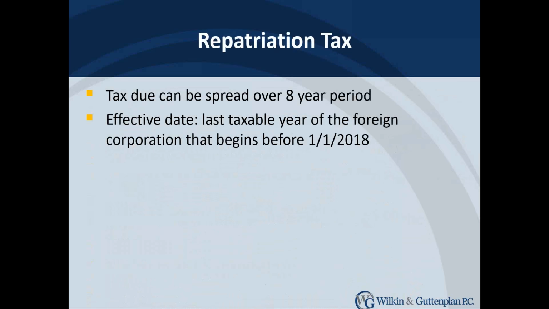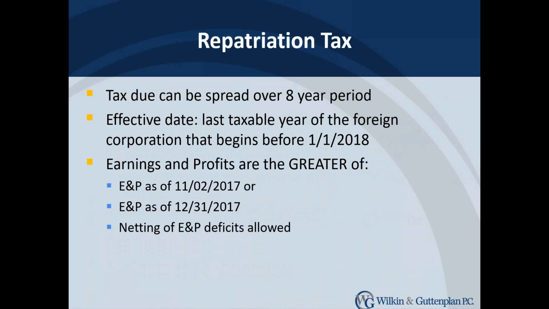Next to talk about is exactly what you said, the effective date of this legislation. It is, in technical terms, the last taxable year of the foreign corporation that begins before 1/1/2018. Many of our taxpayers that invest in foreign corporations have tax years that are calendar years, same as ours. So if the year began January 1 of 2017 and ended December 31, 2017, we have an income event for all of the U.S. shareholders that have 10% ownership or more, given that there's at least one domestic corporation.